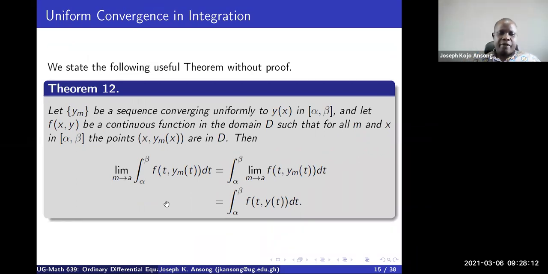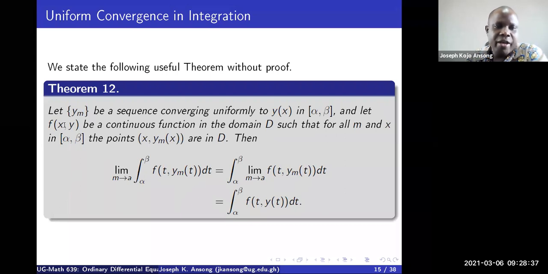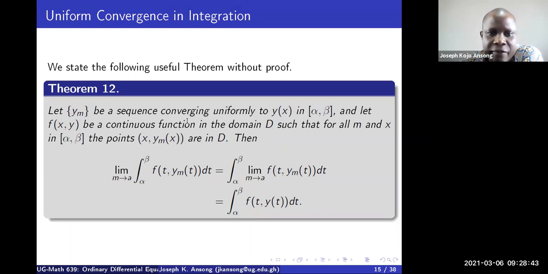Okay, here's a theorem. I haven't shown the proof of this theorem, but it is a theorem that we'll need when we are proving the Picard-Lindelof theorem. So I'll just state it, and then we'll move on to the next thing, which is the Weierstrass. Yes, Weierstrass. Okay, so here, this says that let Ym be a sequence of functions that converge uniformly to another function y of x in this interval,